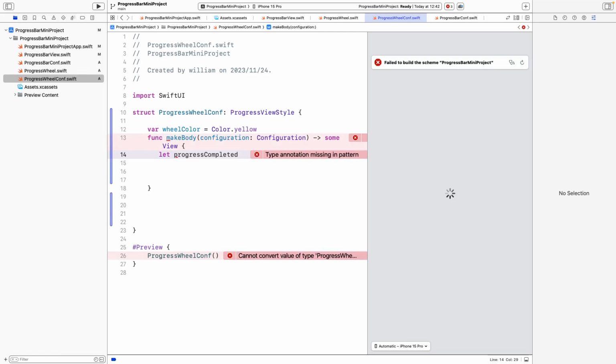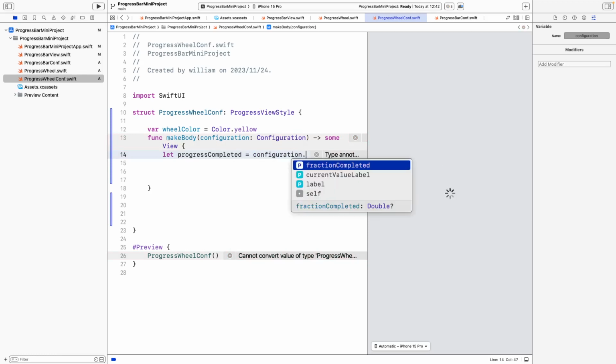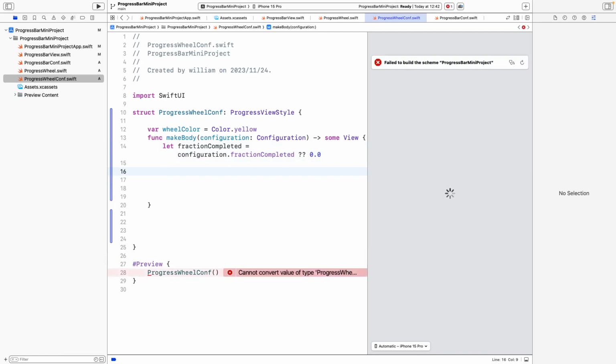Okay, so that's your completed progress, and that will be using configuration dot fractionCompleted. I think we can use fractionCompleted as it is, so it's more consistent. And of course, don't forget to add 0 parts, and then if it passes the test, we're going to return the results, which will be a ZStack